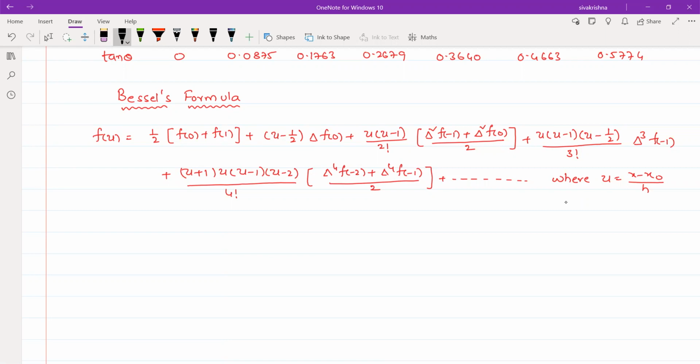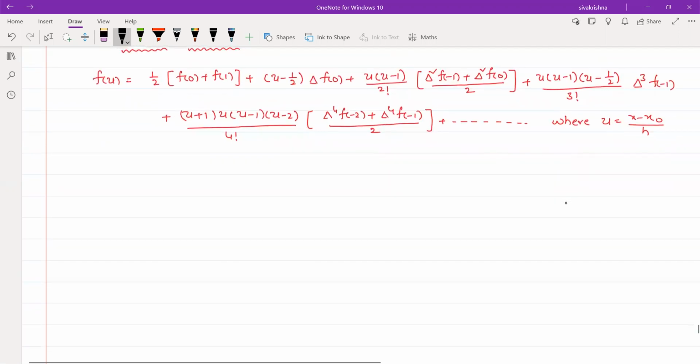Where u is equal to x minus x naught by h. So this is the formula we have to prove, and it is named Bessel's formula. In order to prove this formula, I am considering once again the Gauss forward formula and the Gauss backward formula, like in Stirling's formula. First I am writing the Gauss forward formula. So coming to the proof,